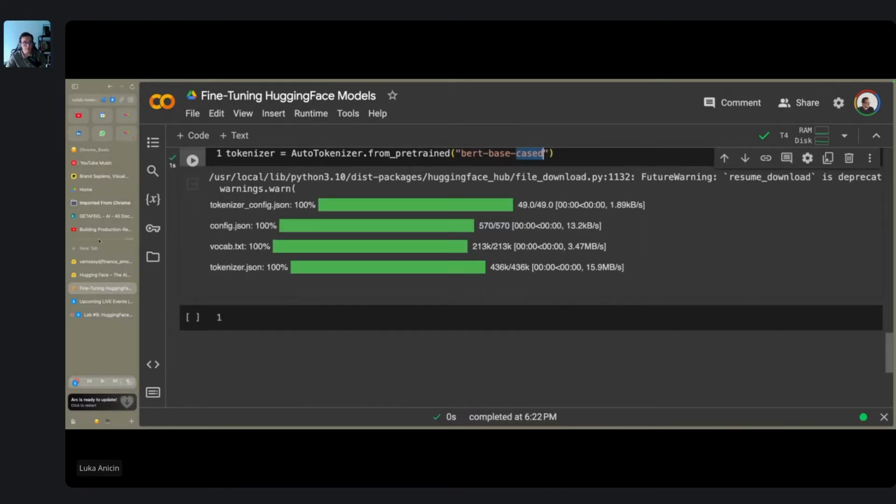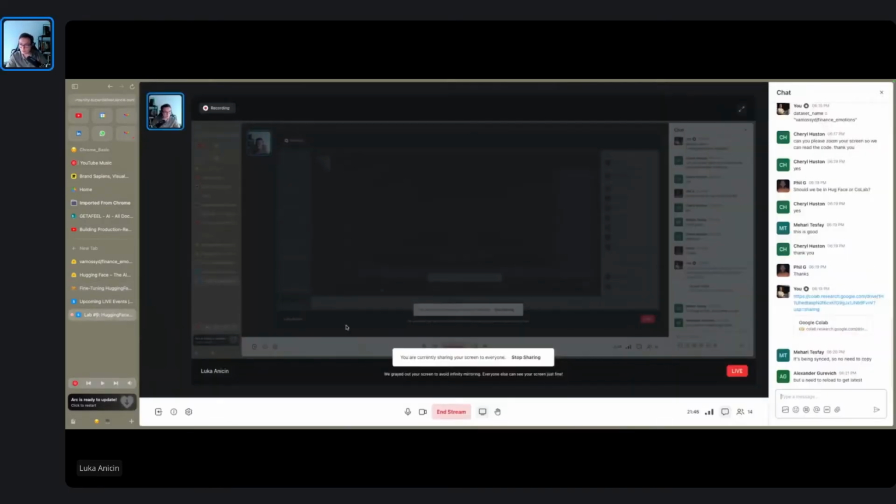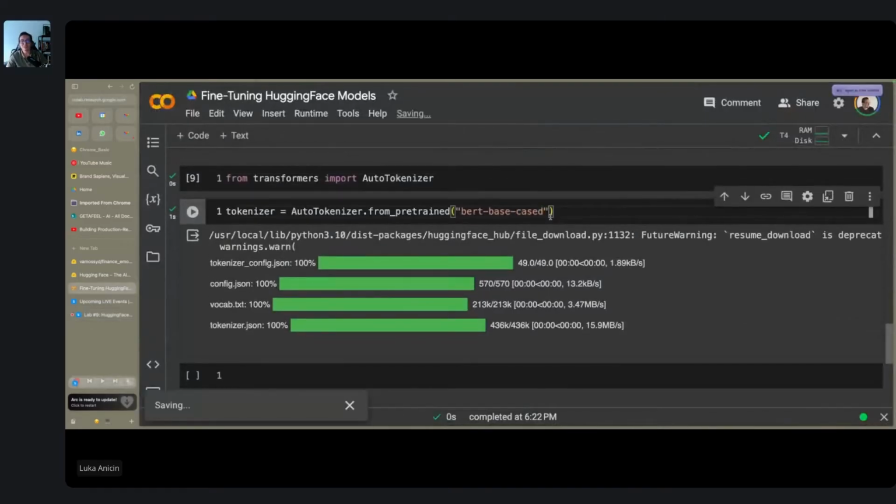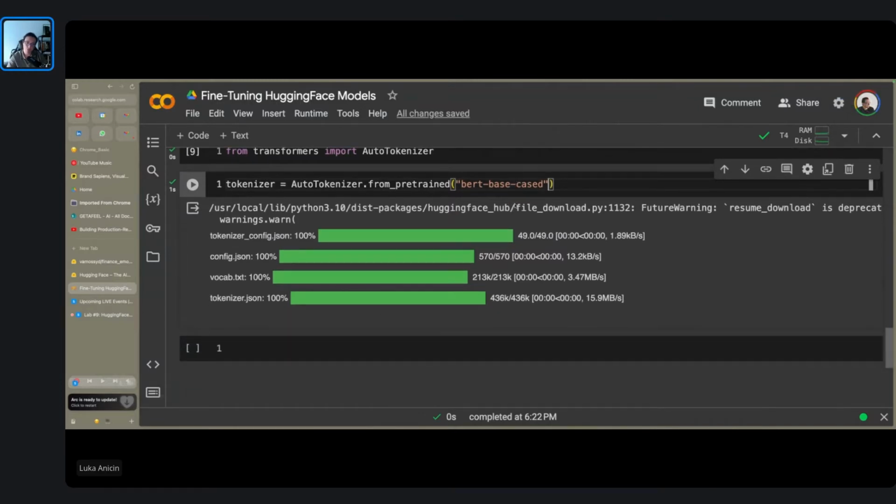Okay, so are there any questions? It's being synced, but you need to reload to get the latest. Yeah, unfortunately, you need to reload for that. Okay, so this is our tokenizer. Now you need to bear with me for a couple of minutes, and then I'm going to roll back and see if everything so far you